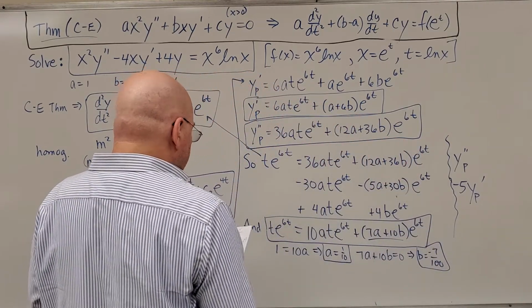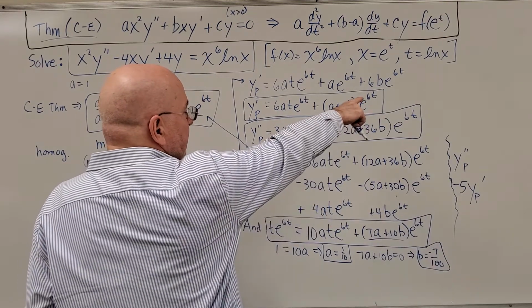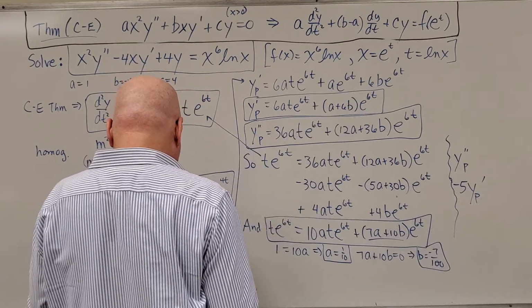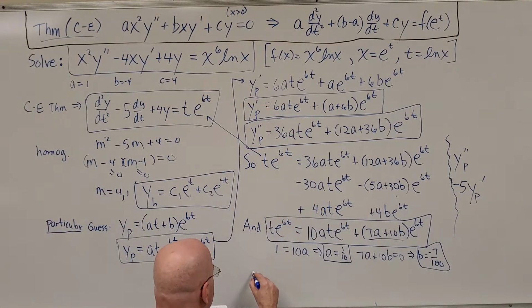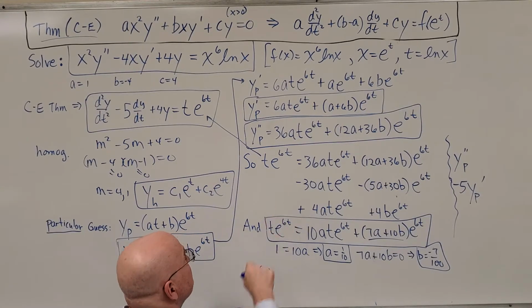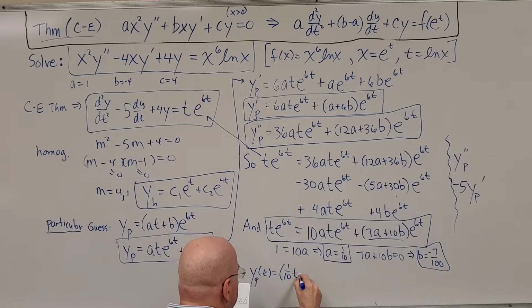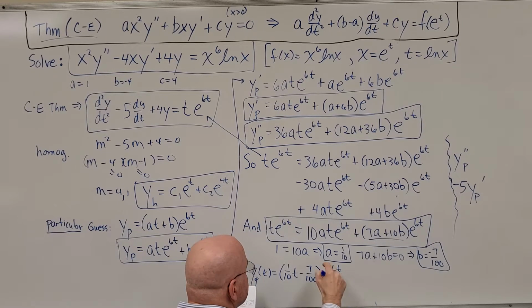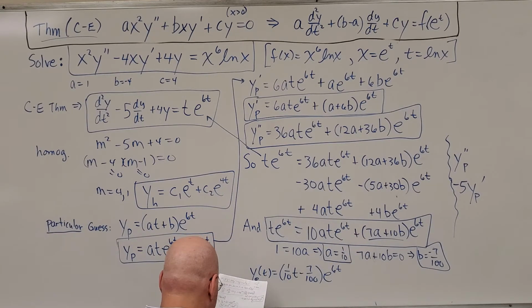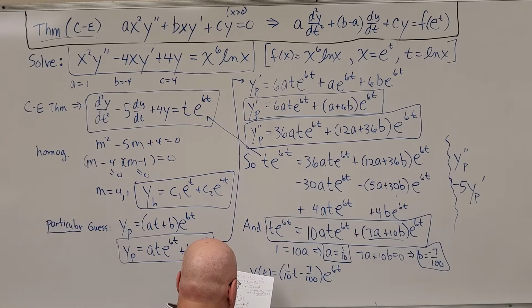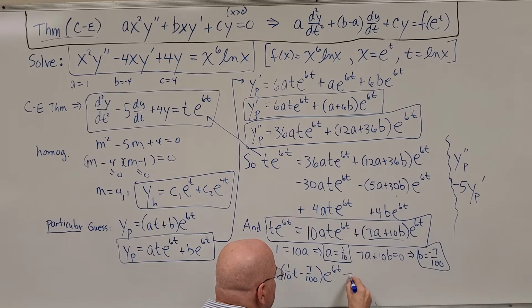All right, almost there. I'm going to get one more line down here, and the final answer I'll put up here. So yp, particular, I'm going to put of t just to remind ourselves that we need to change it to y of x in just a minute, is equal to, in parentheses, 1/10 t minus 7 over 100, times e to the 6t. That's coming right from here. And then we're going to here. That's the particular, which implies that